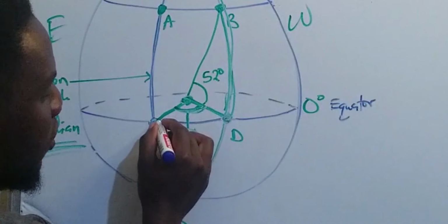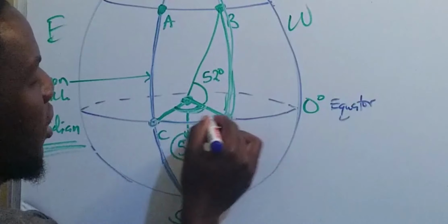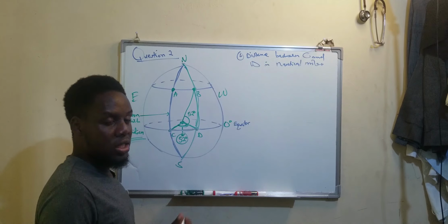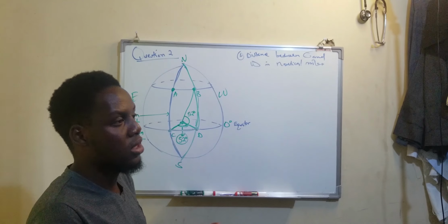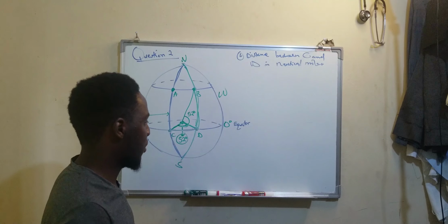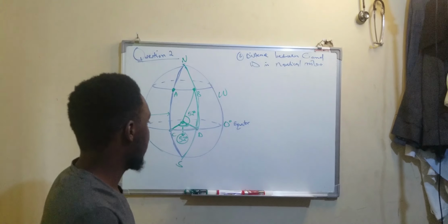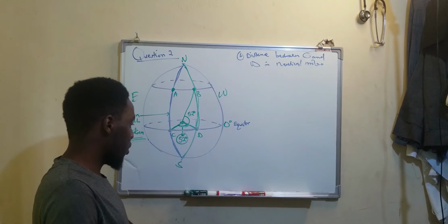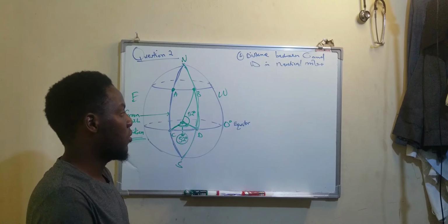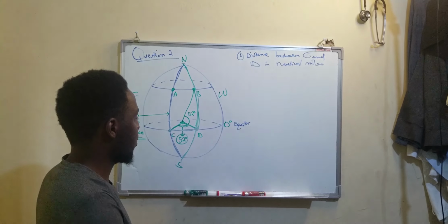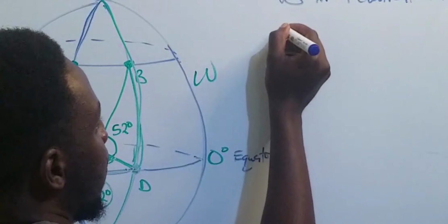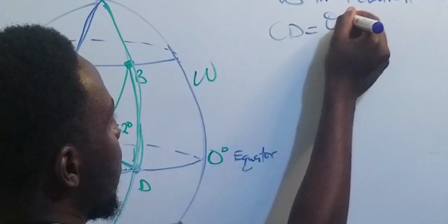on the same latitude. And I said that if points are lying on the same latitude or on the same longitude, that means that you are finding the distance in that particular latitude or longitude. In this case, these points are lying on the equator. These points are lying on the equator, and that means we are finding the distance along the latitude of the equator, which is 0 degrees. And the formula for finding distance, which is distance CD here, is equal to theta over